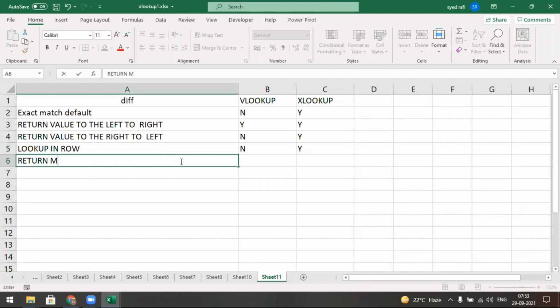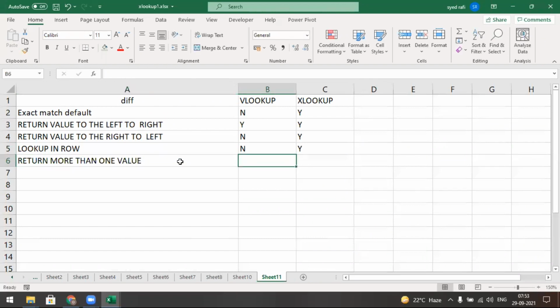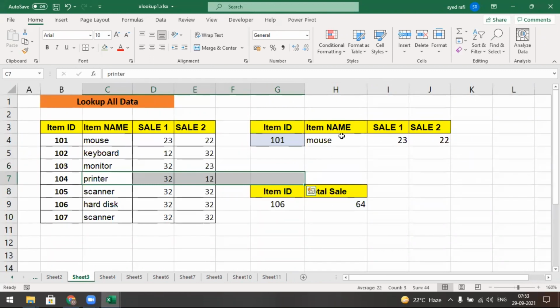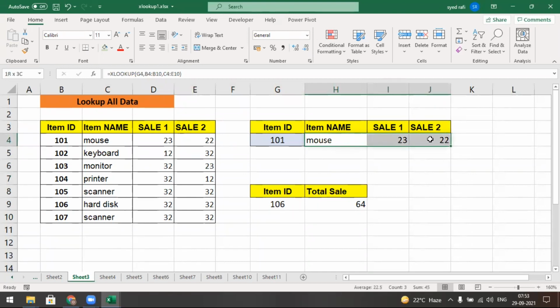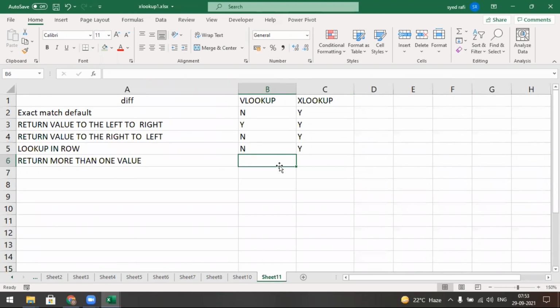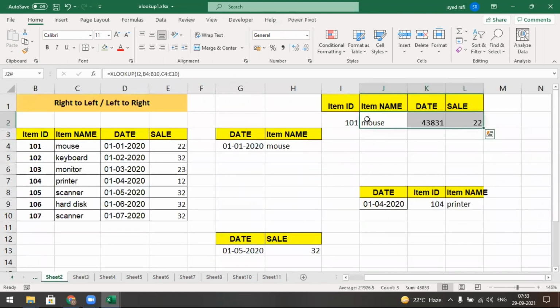Return more than one value. Is it possible in VLOOKUP? I say yes here, I mean whenever I enter only one formula in VLOOKUP or XLOOKUP, by pressing enter the remaining data will be inserted automatically.